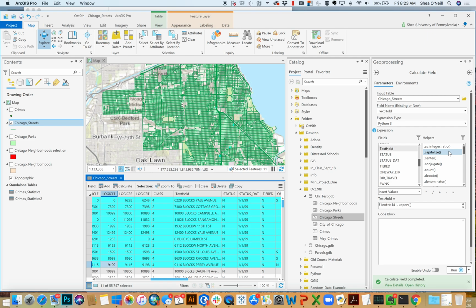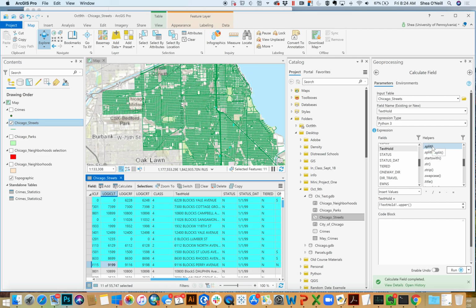I won't go through too many of them, but let's count the number of characters in something. That can be an interesting point. Words like ends with, if you need to test if something has something at the end. Find, if you're looking for where in a word the first instance of a character appears. Is alpha, is digit, is a way of testing, does something only have numbers in it, that's is digit, or does it have letters as well, or other characters that may be hidden. But another really good one, probably the most useful one that I'll frequently play with